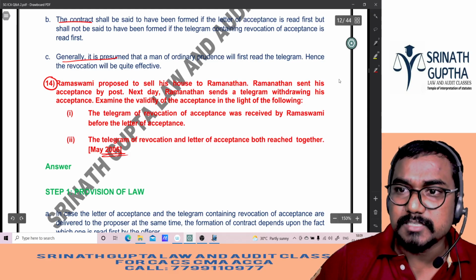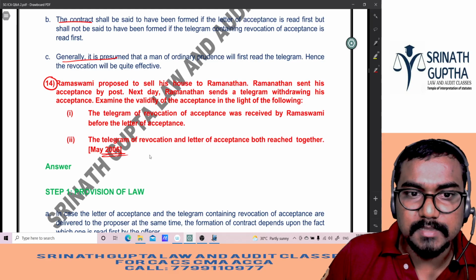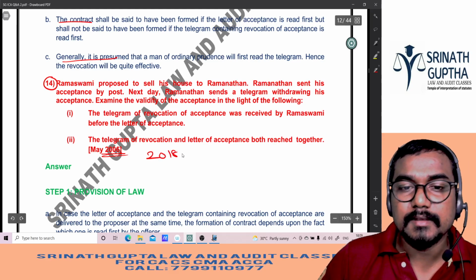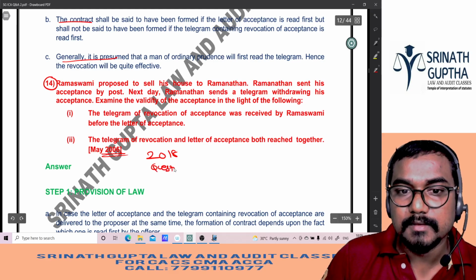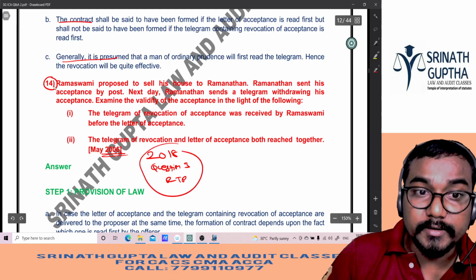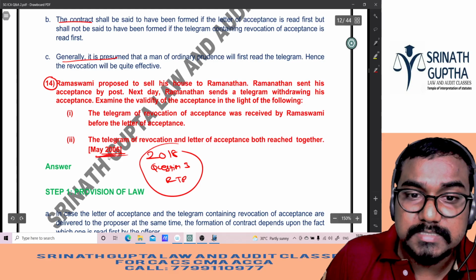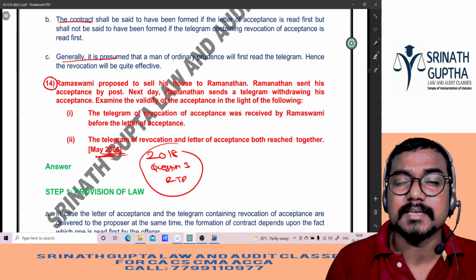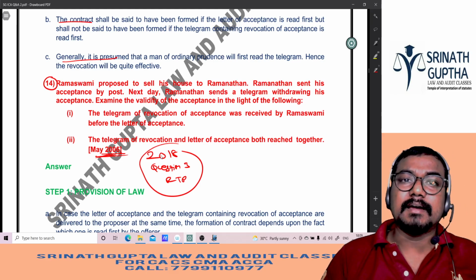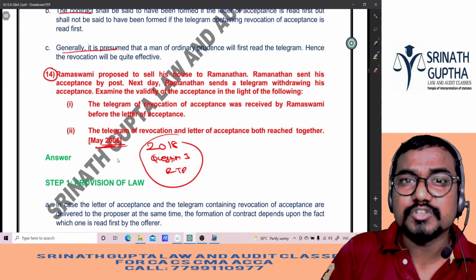Question number 3 was asked in the year 2018, in the RTP, है ना बेटा? Question 14 is also exactly the same, including comma and full stop, May 2006. That means after 12 years the same question is repeating, beta: May 2006 and 2018, 3rd and 14th. That's why I'm telling you, questions will repeat.